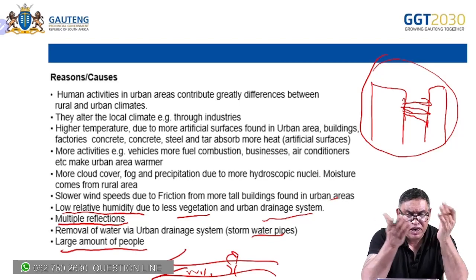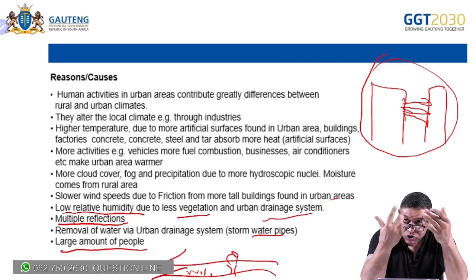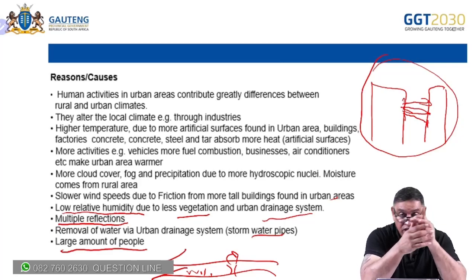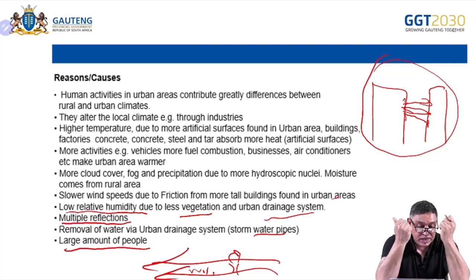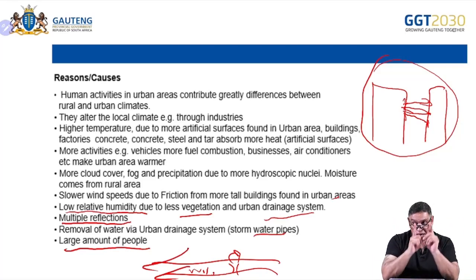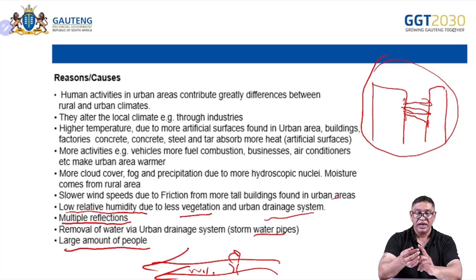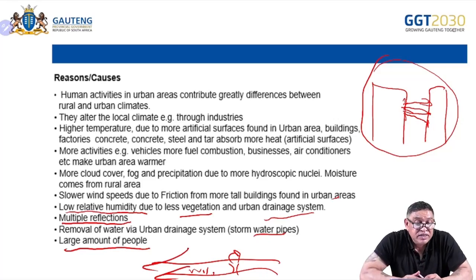All right, we spoke about the stormwater pipes and also the huge amount of people found in the urban areas. All right, that's also giving off heat. We're not going to describe how they give off heat, but they're giving off heat a lot of the time. All right, and moving around, working, etc. That makes the urban area warmer than the rural area. Okay, learners, now,